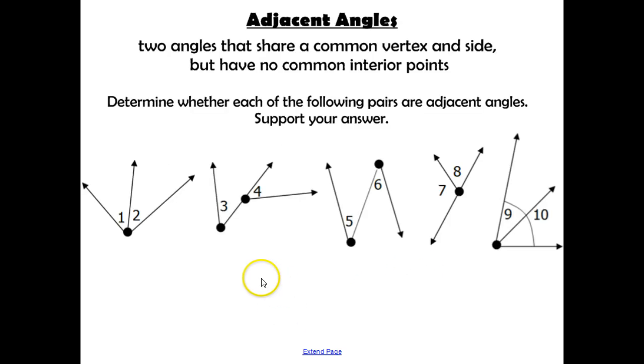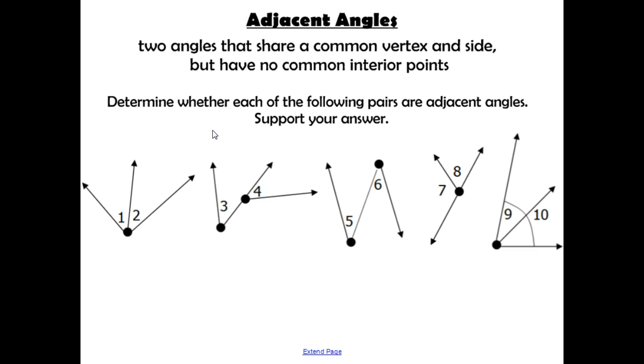Exploring angle pairs. Adjacent angles are two angles that share a common vertex and side, but have no common interior points. So in each of these diagrams, I want you to determine whether each of the following pairs are adjacent angles